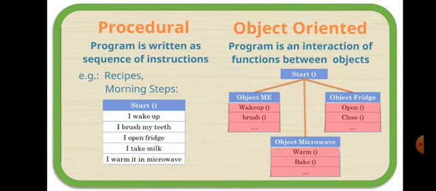Now in the steps for morning schedule, we have 3 objects. Each of the object maintain their own internal data and have functions which others can use. What is the meaning of this? For example, wake up function is in object me. Now that function, if it is needed, can also be used by other objects that are present inside that object orientation.